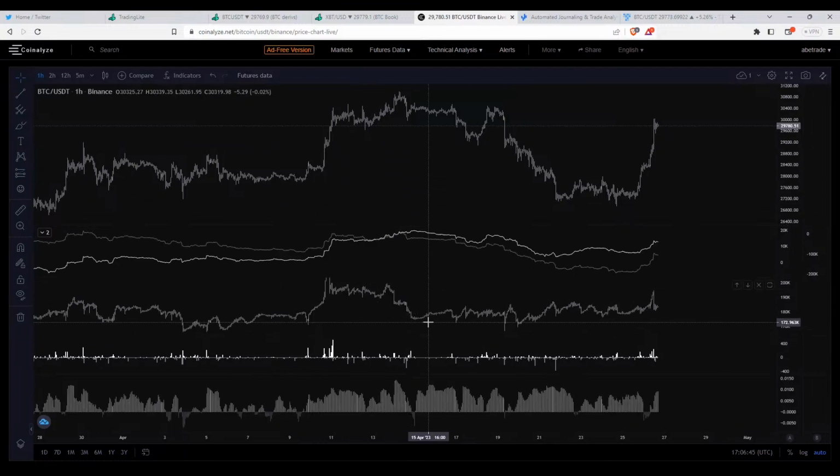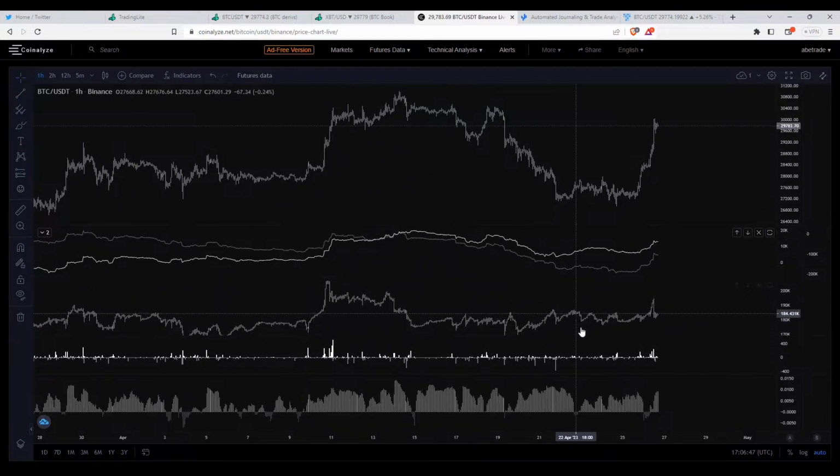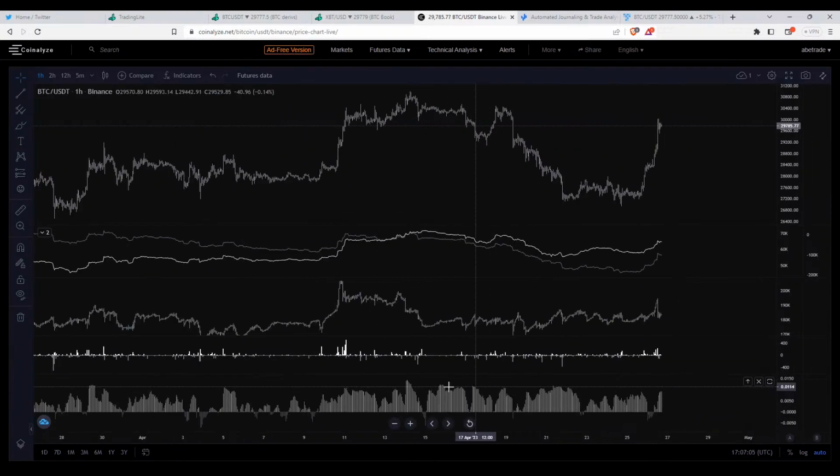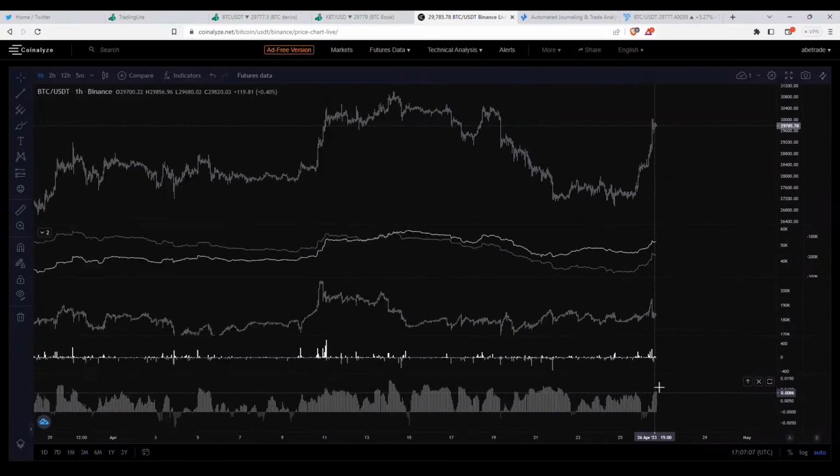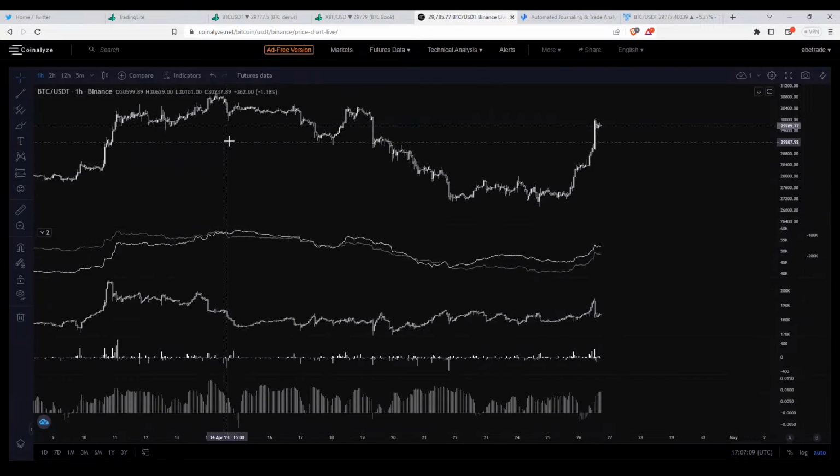In general, the open interest, funding, and all of these things weren't telling much from the top, and nothing really changed down here. We had very briefly negative funding, and even on the positive side, 0.01, which is pretty much the normal one. So there's not much from Coinalyze you could take, in my opinion, at least.